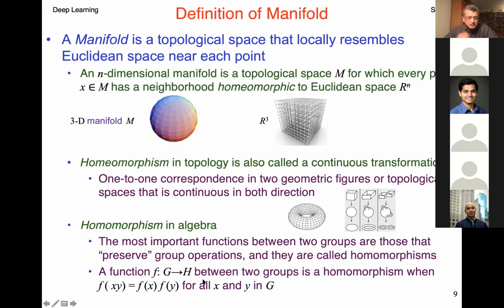Anyway, homomorphism is mostly about the kind of operation that you can do on one space and the other space. Homeomorphism is more about neighborhoods and so on. So this is a very elementary look at some terminology of manifolds, homomorphism, etc. Those of you who are interested, this idea of groups is very interesting because it relates